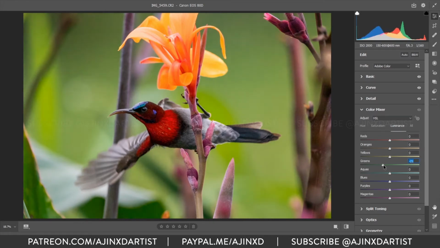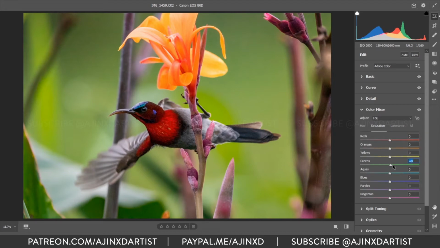Here I think a little bit of less luminance should work for the greens, and same we can do with the reds on the bird. So if I move this, area gets affected a lot, and some of the flowers are over here. But I think I'll keep it at 0.